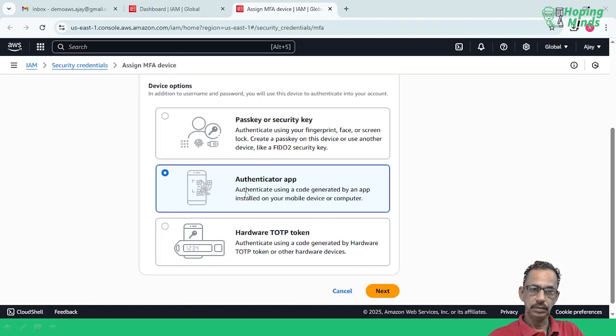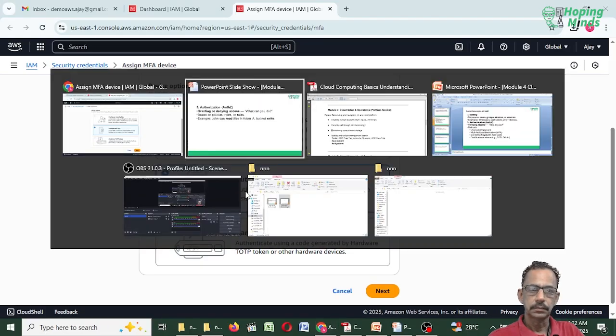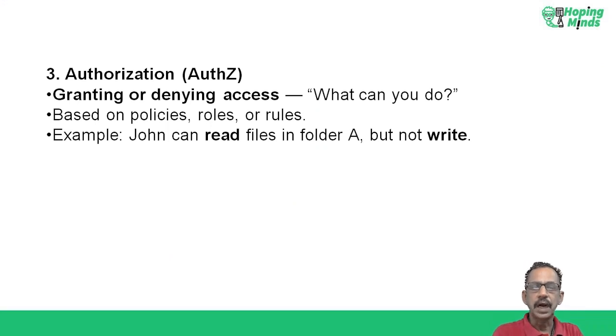Third is the authorization. Granting: okay, you come here, are you allowed or not on this particular section or department or resources? What are you allowed to do?